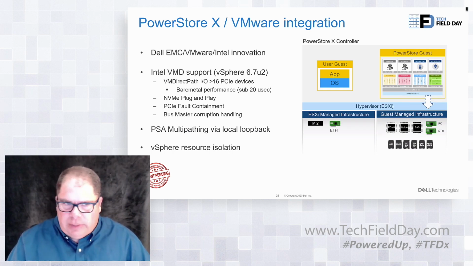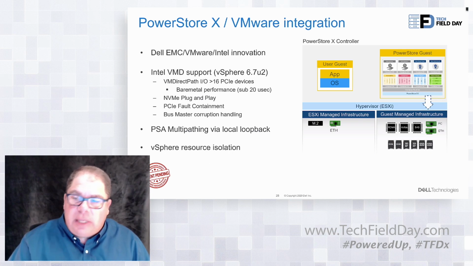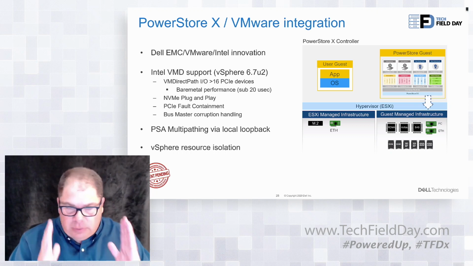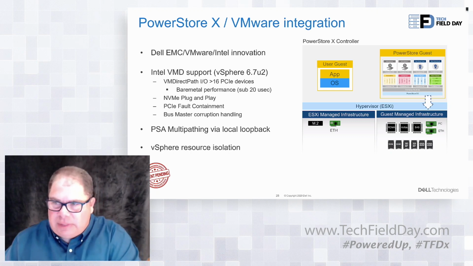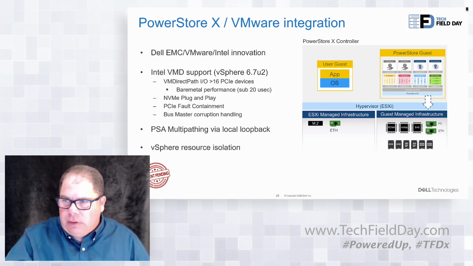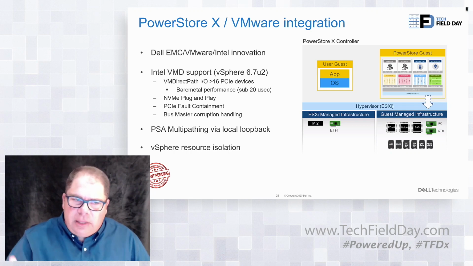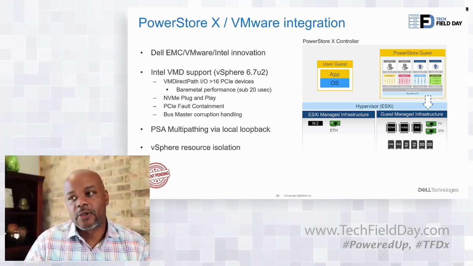We also have the ability with Direct IO to drive our low latency. The person who can drive the utilization of this media is the person that's going to win. So we get bare metal performance on a per core basis out of our storage guest between PowerStore T and PowerStore X. So 10 cores of PowerStore X performance is equivalent to the same 10 cores of performance on a PowerStore T. You think of it that way. I already talked about PCI fault containment. That's another advantage. And the other thing that we work with VMware and Intel on is